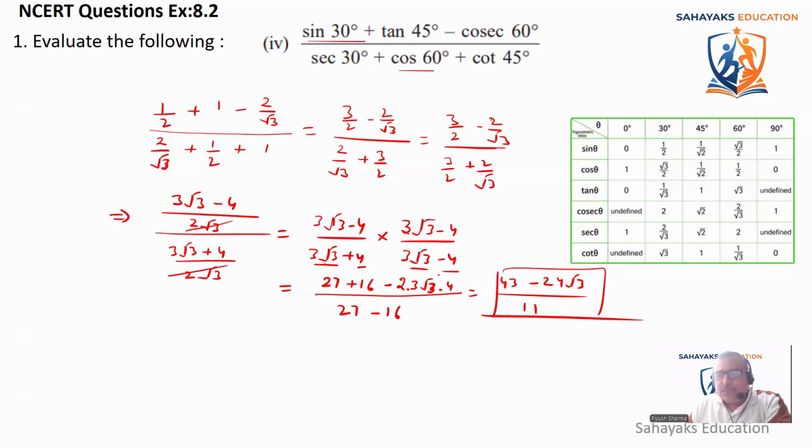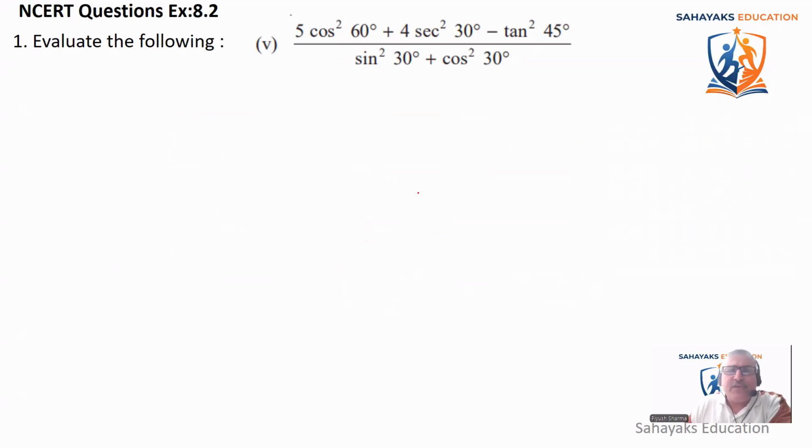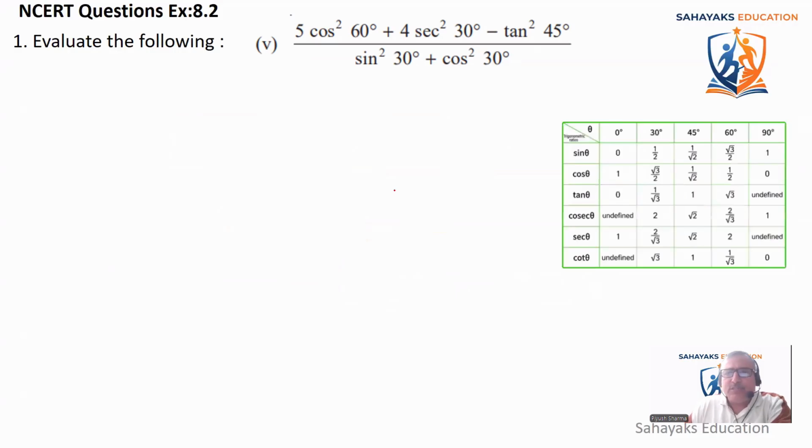Okay, let's come to the next question. It is 5 cos square 60. Again, we have to put the same values now. So it is 5 multiplied by cos 60. What is cos 60? Cos 60 is 1 by 2. So 1 by 2 square plus 4 times sec. What is sec 30? Sec 30 is 2 by root 3. So it says 2 by root 3 square minus